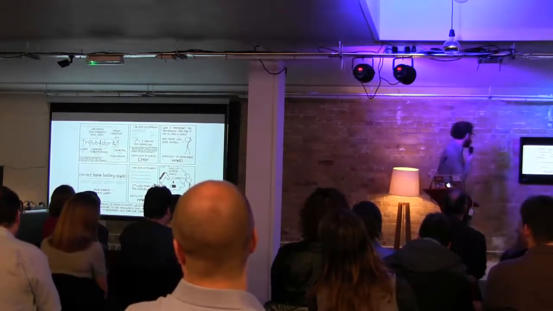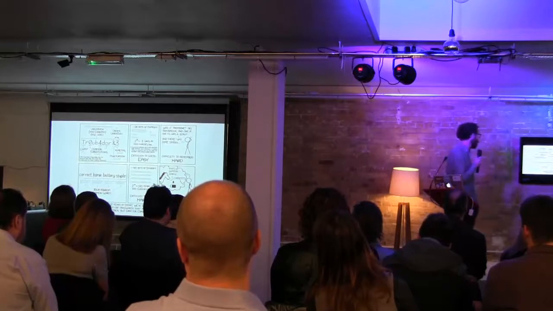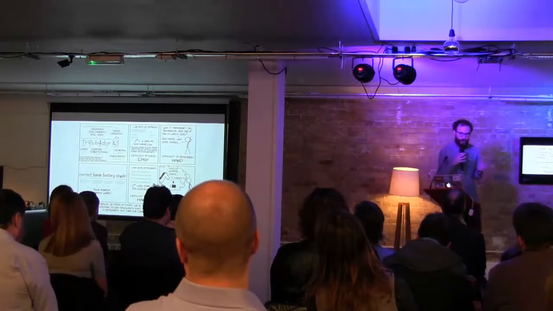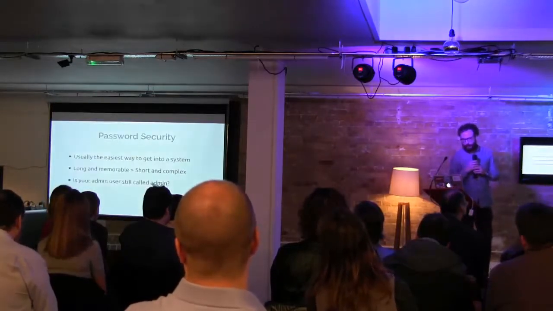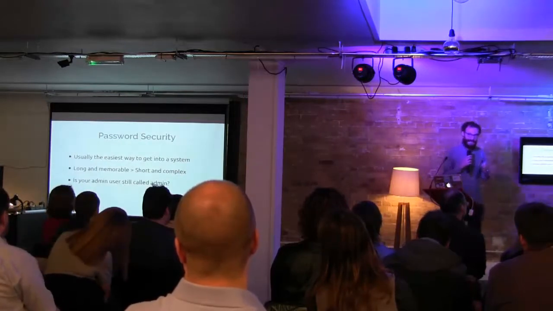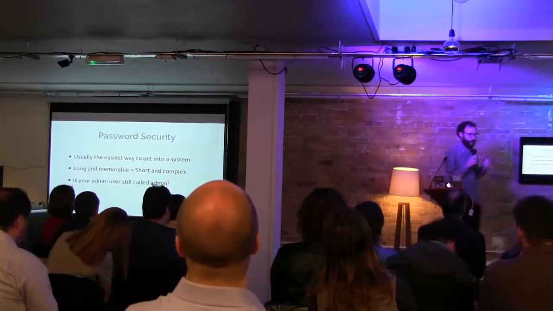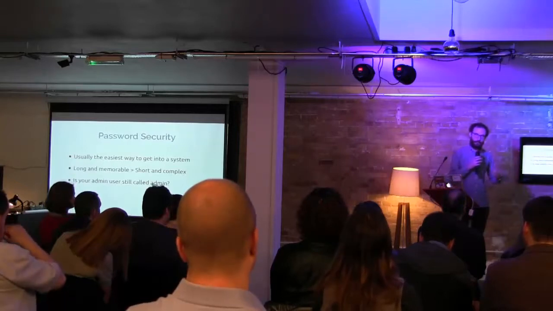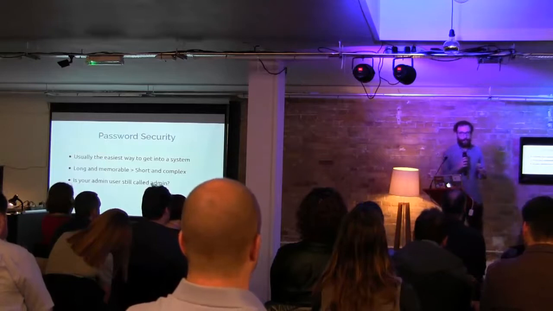So a lot of these tricks that you might be familiar with, substituting things for numbers, requiring that users have capital letters and numbers in their passwords, they just don't really work, particularly on short passwords. So passwords are actually usually the easiest way to get into the system. And if you only take away one thing from this talk, it's that long and memorable passwords, long meaning at least 10, 12 characters, are considerably better than short and complex